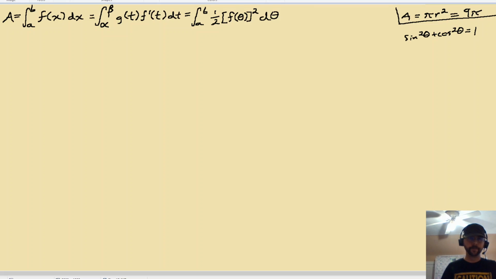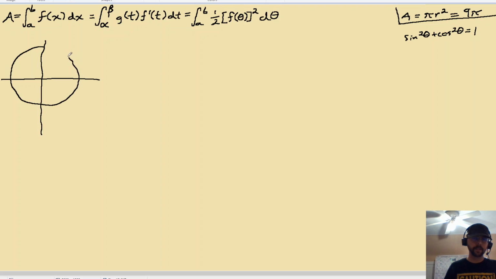So once again, I'll redraw that. It's going to be helpful to have a visual. And oh, that's looking a little better than a lot of my other circles did. Okay, so we're going to say,